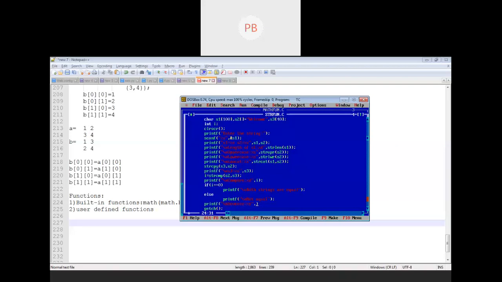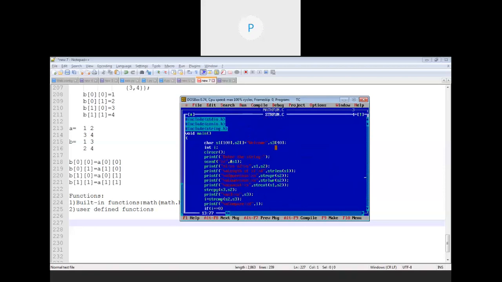So reverse of string is strrev, say s2. So the reverse of this s2 will be displayed. Okay, done. Let's execute this first. I'll explain this.